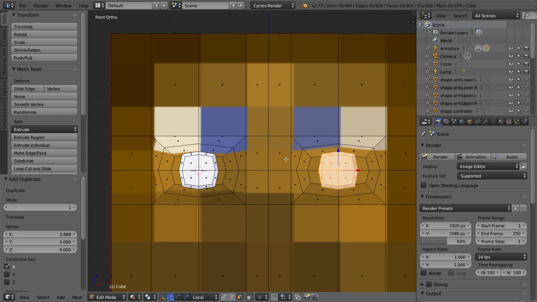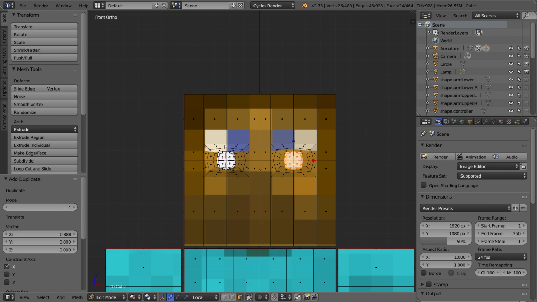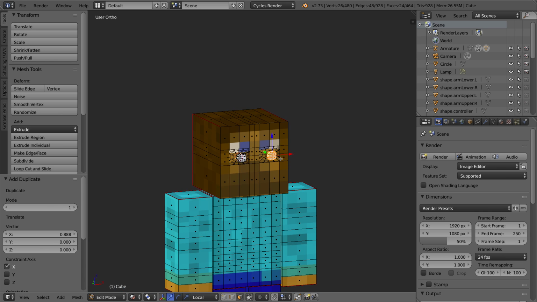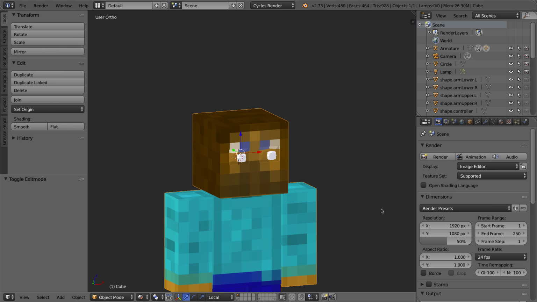I apologize. Okay, so we've got a whole bunch of new geometry here. We have a bunch of new edge loop cuts to make the outline of the eyes. We've got a bunch of insets. We have a lot of new geometry here, and we haven't told our bones about that. So I'm going to press Tab to go back into object mode, rather, and I'm going